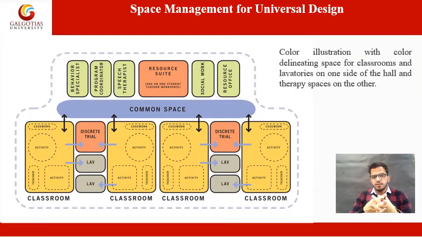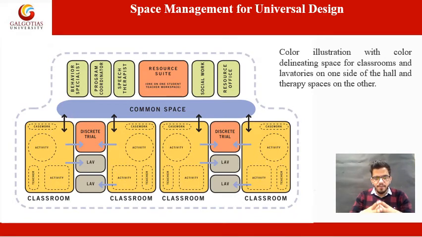So, if we talk about the space management in the context of universal design for the particular school, the Forward School, this is how the planning was done. You can clearly see that the common space, the eating or gathering space, is in the center of the building, while the classrooms are connected to that common space, and the activity area within each classroom